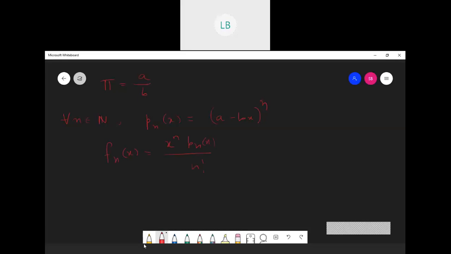And then again we know how to construct capital F n x, similar to the general construction. So in this specific case, we are just dealing with the specific polynomial a minus b x to the power n. That is what we are doing. So the results we have shown, what we know from our claim 2,